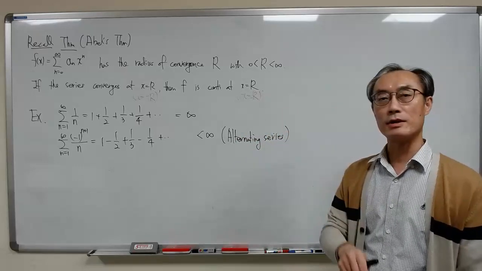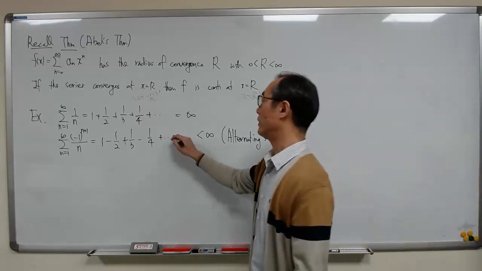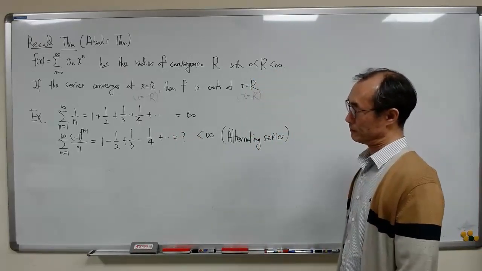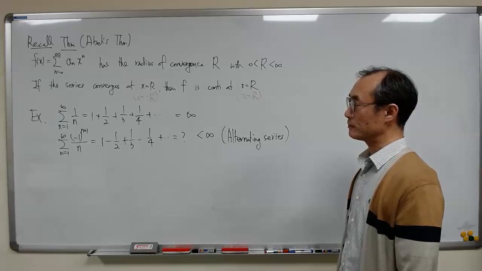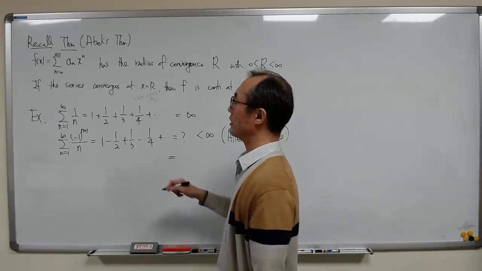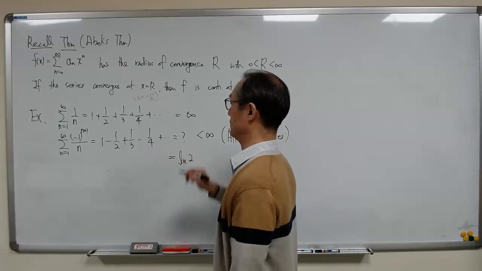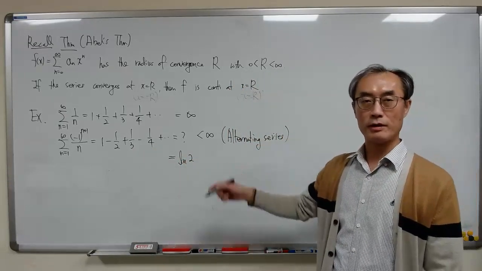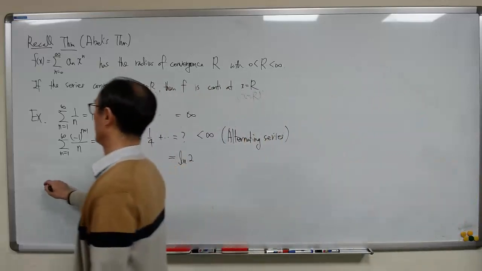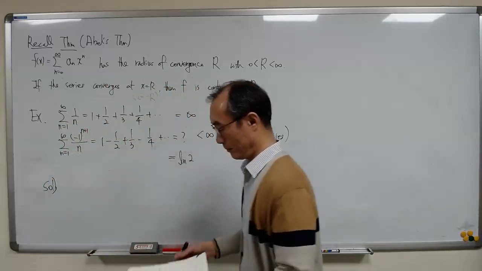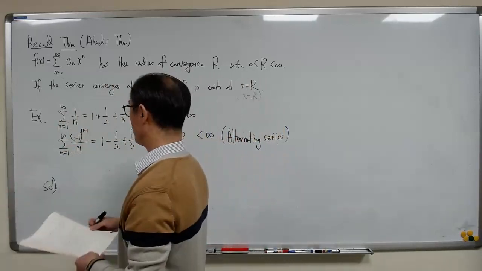The question is, what could be the value for this series? Here, the value of this alternating series is actually log of 2. How can you compute, or how can you obtain this value? That's the application of Abel's theorem. To do that,